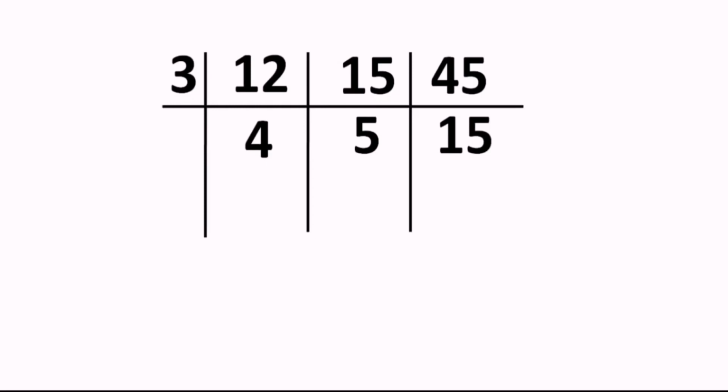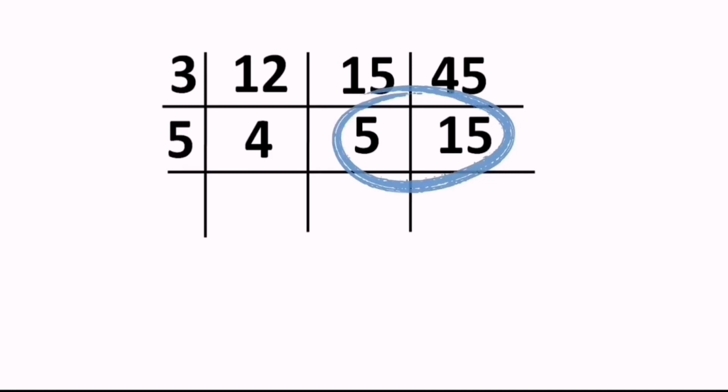Now, as this 3 has divided all three numbers, let's see whether we can find other numbers which will divide all three. 4, 5 and 15. I don't think so. But if you observe, 5 and 15 are present in the 5's table, so we have to keep on dividing. For the GCD we have to stop, but for the LCM, if you find any two of the three numbers that are divisible by the same number, then we have to carry on with the division. So presently I can divide by 5.